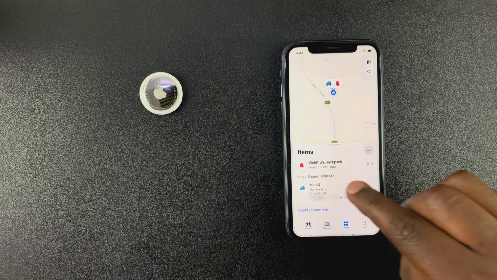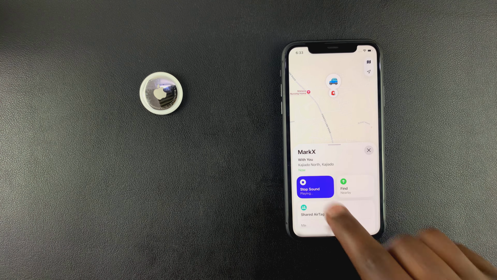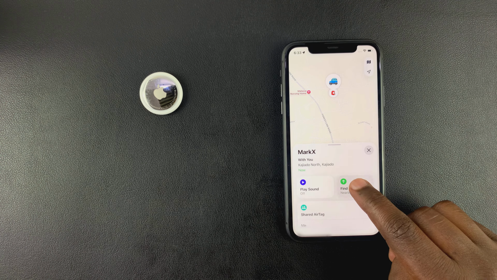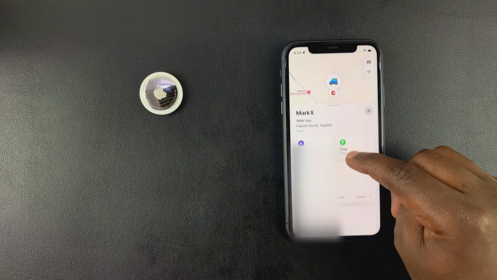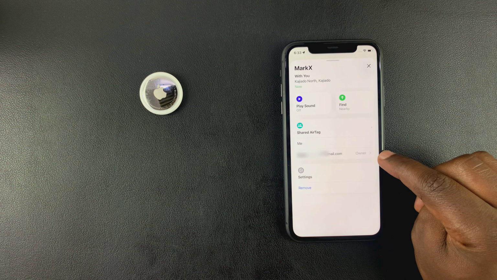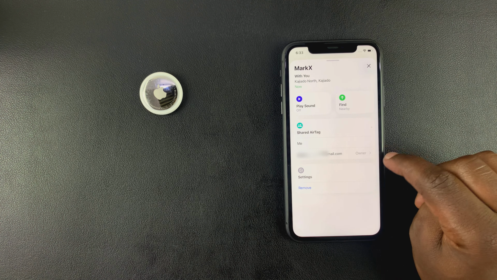So with a shared AirTag, I can open it up, I can play sounds, okay? I can find an AirTag that's shared with me, okay? I can look at the owner of the AirTag, so I can see the contact details of the owner of